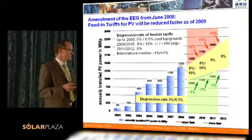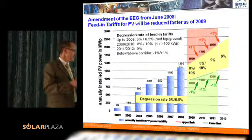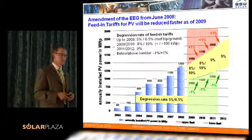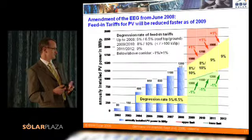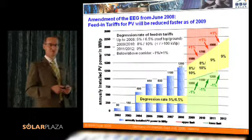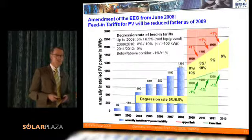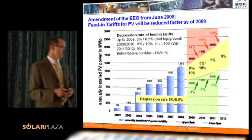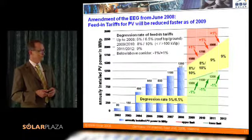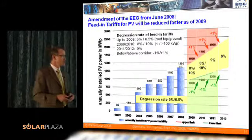At the beginning, there was a proposal of 8%, and in the middle of this discussion, there were some studies and some experts expressing their view that it would be possible to reduce the feed-in tariff by 30% in 1 year. This was a crazy proposal, but it was an honest proposal by some experts or some politicians. So this was a discussion between 5 and 30%. At the end of the day,